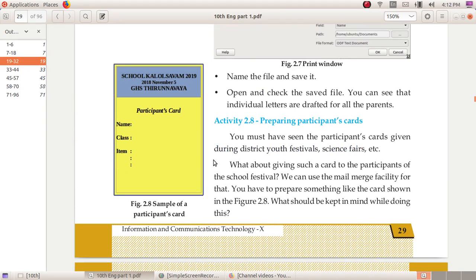Today we are going to prepare participant cards. You must have seen the participant cards given during the district youth festival or science fairs.